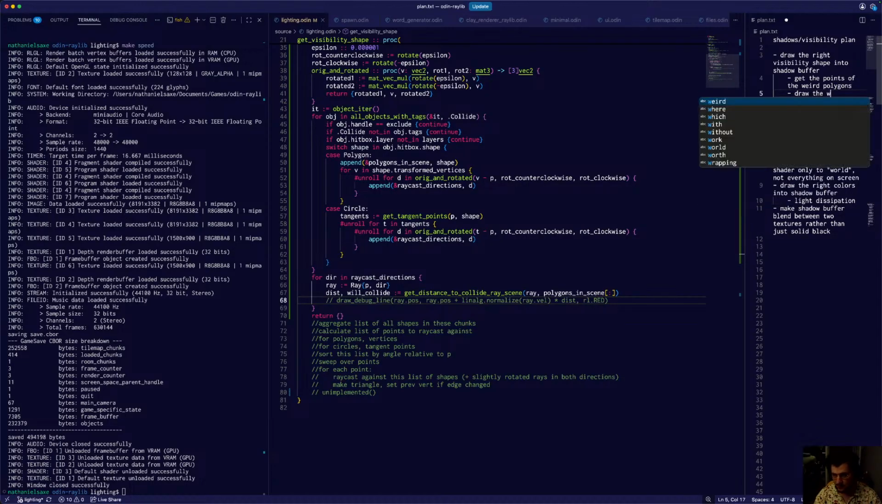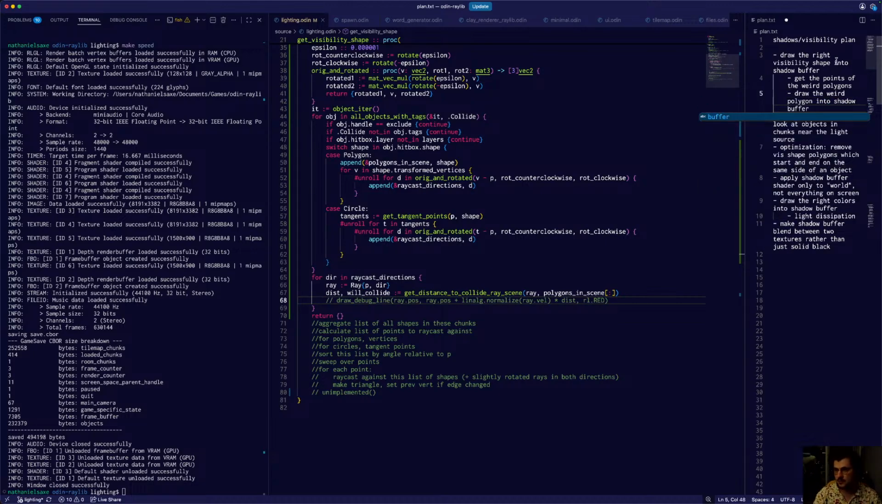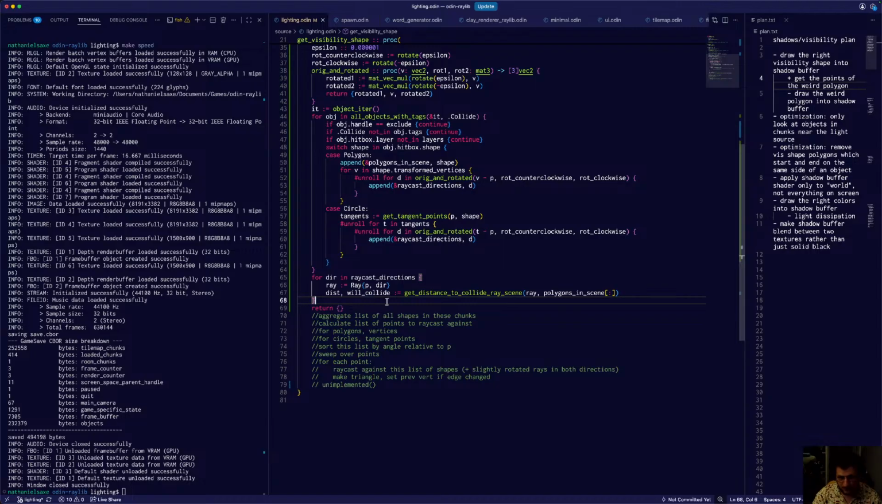Draw the weird polygon into the shadow buffer. So this is now done. Now we're going to draw it into the shadow buffer. So let's go ahead and do that. So what we want to get here is